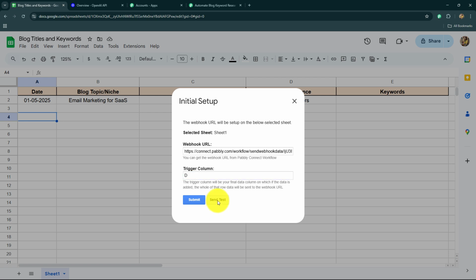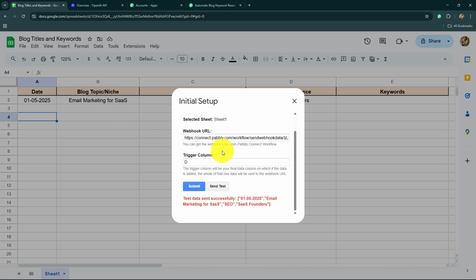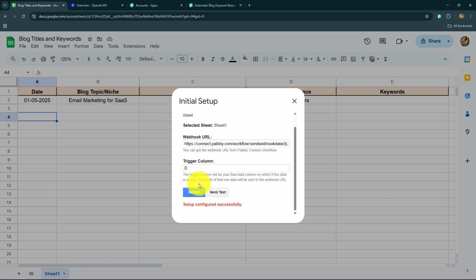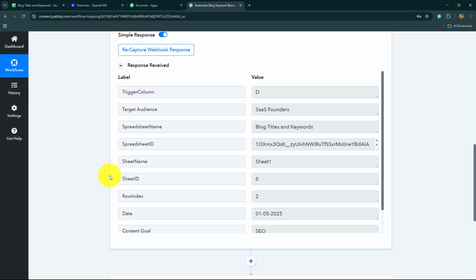And now we are going to click on the send test button to send the test response of this second row towards Pabbly Connect so that we can continue our workflow. Here the test data is sent successfully, so let's submit the initial setup. And here we can see that the setup is configured. So let's cross it. I will take you back towards Pabbly Connect, and here instantly and automatically the response is